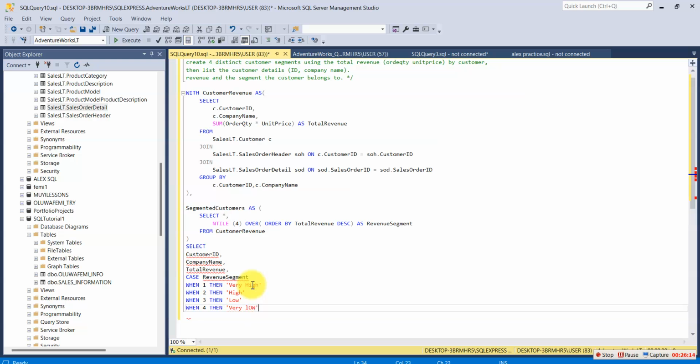Then I'll close. Now I've been able to establish my conditions. Yes, I've been able to establish my condition, and the next thing I'm going to do is end this as customer segment. Now let me end